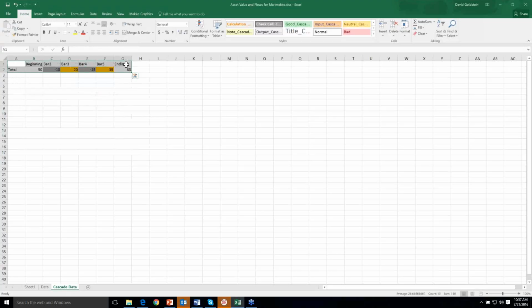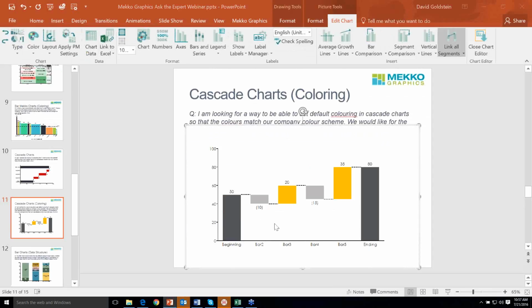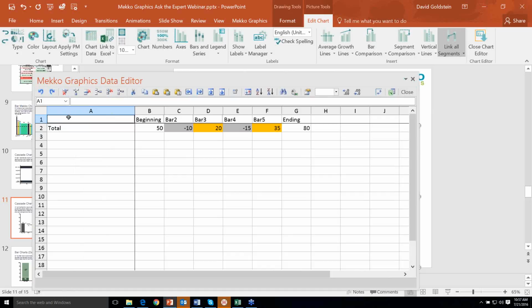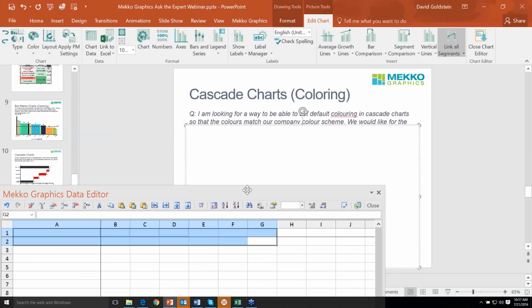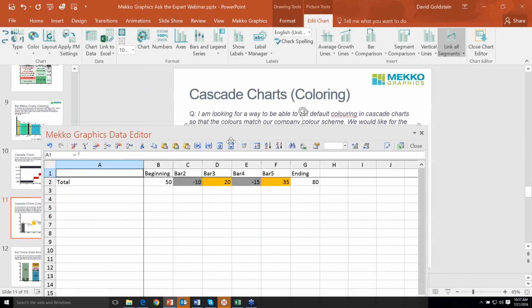I can copy, go back to PowerPoint, open my data sheet, clear it, so now you can see my chart has gone away. Paste the data,